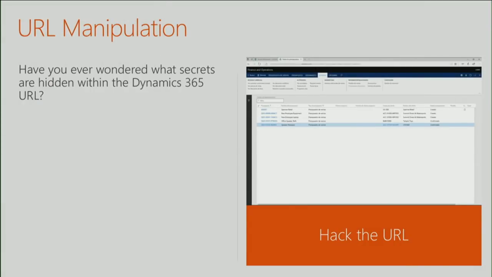Now, one other item which is interesting. This is a bit of a hack, but it's really useful because Dynamics is a web-based application, so you've probably noticed the URL has a couple of parameters inside of it. And you can take advantage of that and do some really clever things with it. And so, as a couple of examples,